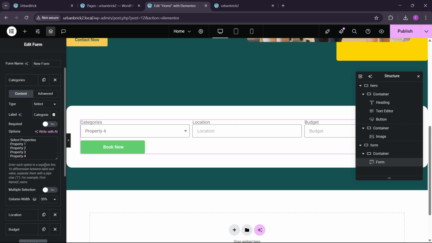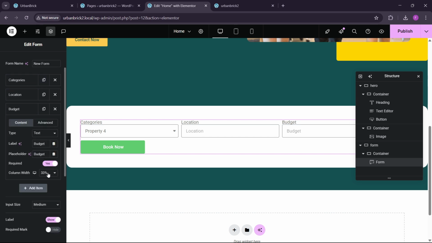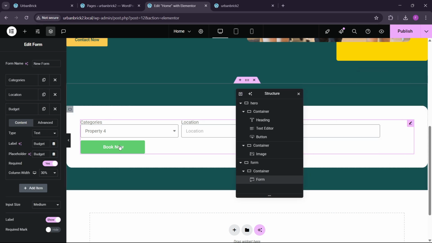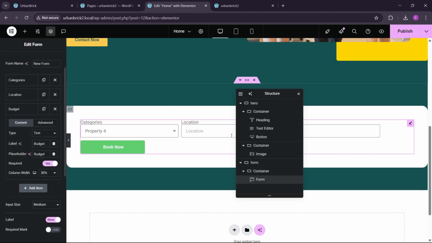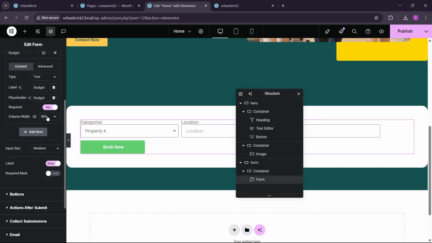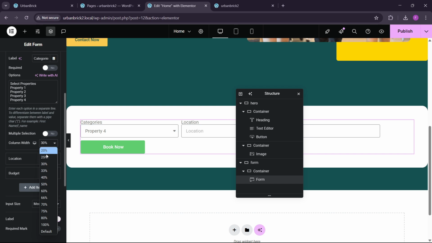Okay, so we have to play with 30%. So again we have to put this to 30%. Okay, and for the budget also we have to put this to 30%. So currently also we are not getting this in one line. So if I go here, and you can see that we have this like this. So if I go here and let me go, and here you can see that we have to make this